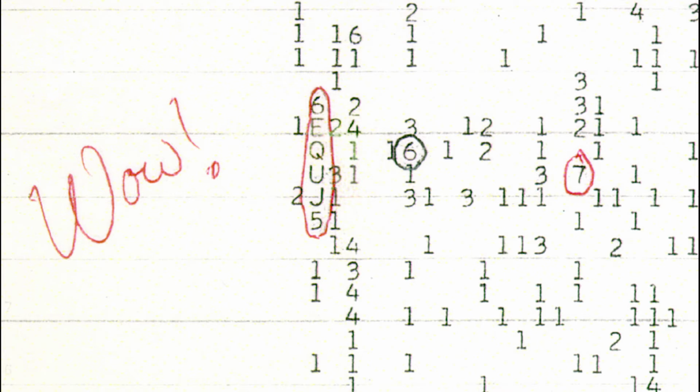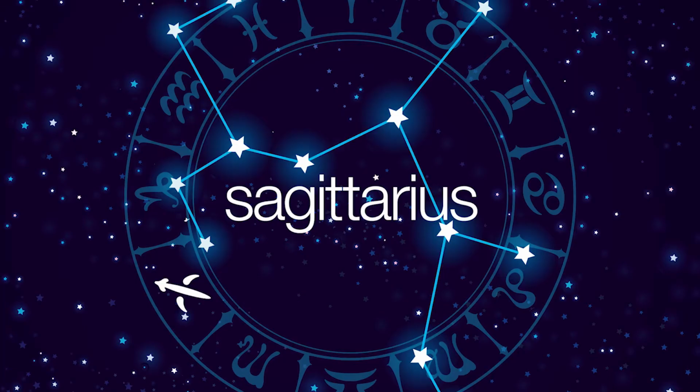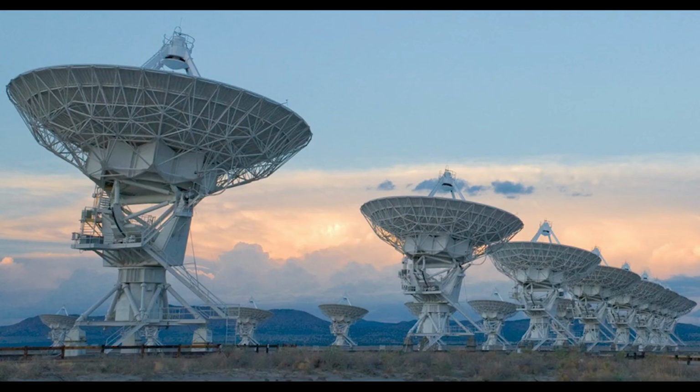The position of this signal is near the 3 stars of Sagittarius. After this, Eman pointed the telescope at Sagittarius, hoping to capture the same signal again so he could further confirm it. But in the weeks and years that followed, he never received the same signal from this location for decades. Observatories around the world use more powerful radio telescopes to continuously monitor this position, but so far, nothing has been